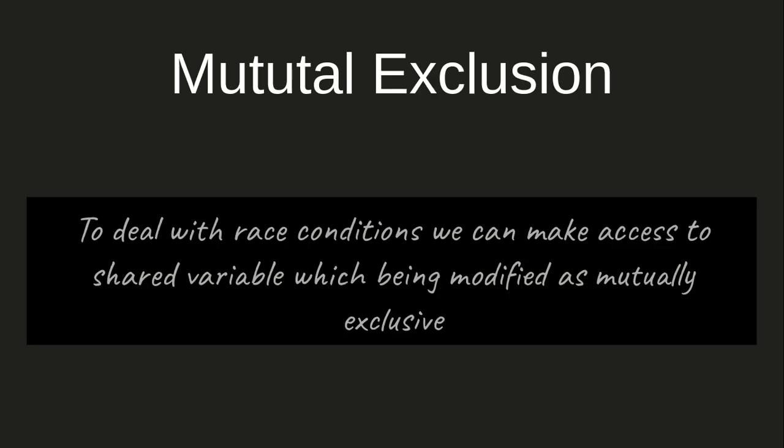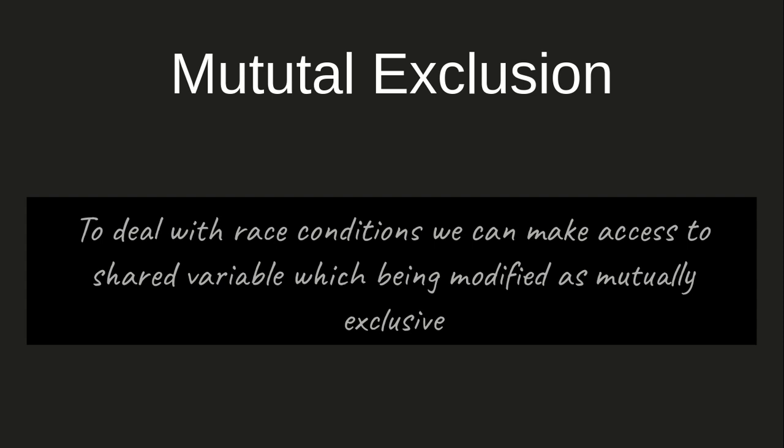So what exactly does mutual exclusion mean? We understood in the previous lecture that a race condition occurs when more than one thread is trying to modify the same resource at a time. So the main problem is that at the same point of time, more than one thread is trying to modify the same resource. Now if in some way we can restrict access to the shared variable by multiple threads at a single point of time, then we will be able to make our code run properly.